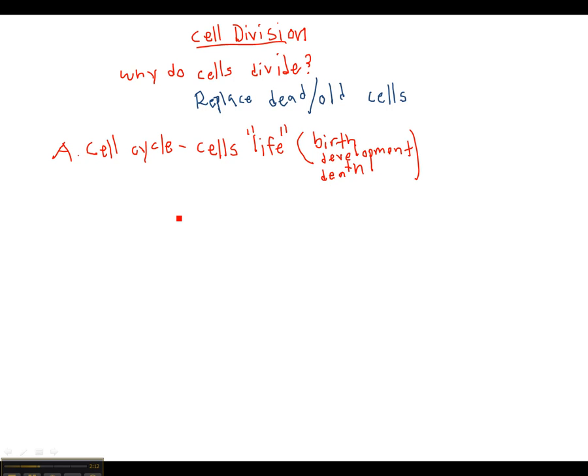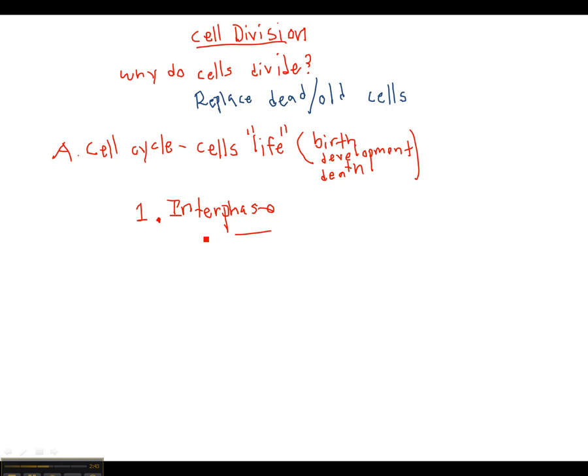Okay, so how do we understand the cell cycle? Well, it has three different parts. If that's A, this is going to be number one, I guess. The first part of the cell cycle is what we call interphase. Interphase is the part of the cell cycle where a cell spends most of its time. A cell always spends most of its lifetime in interphase, okay?